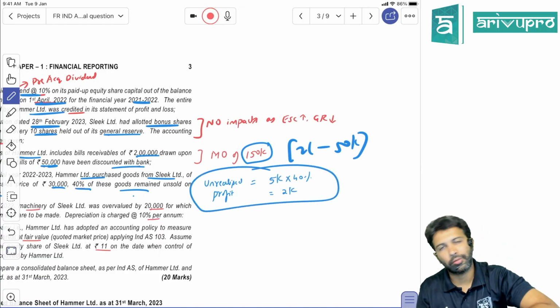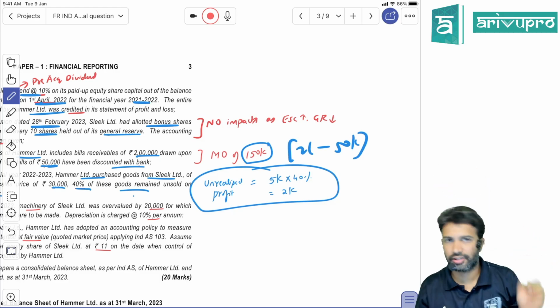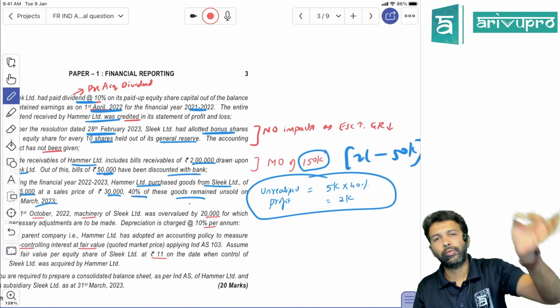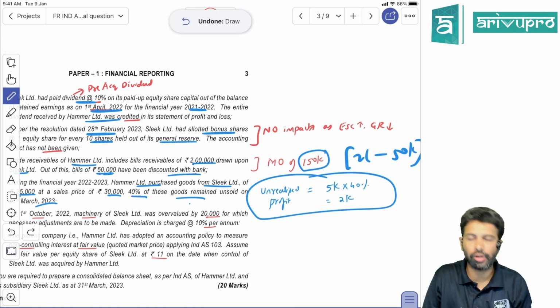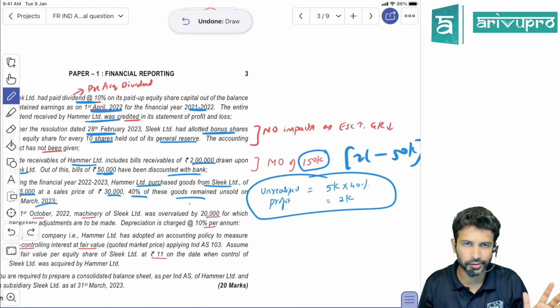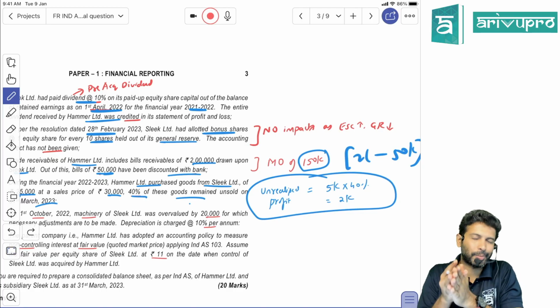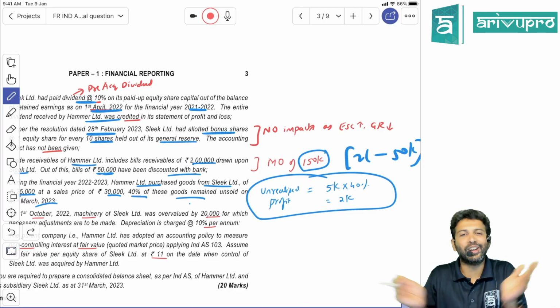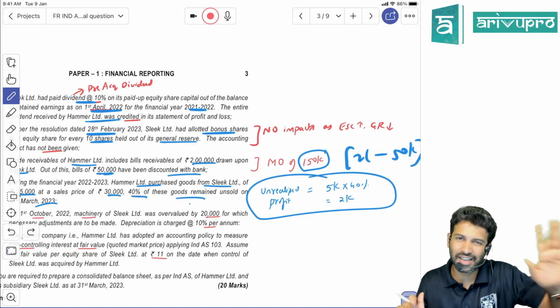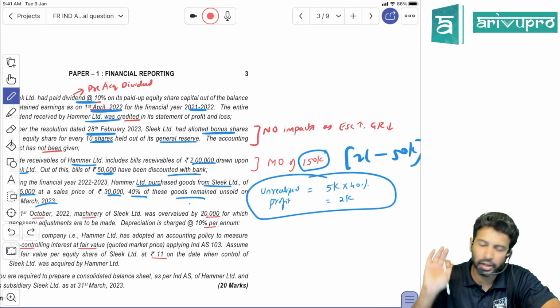The subsidiary made this profit during the year. So when you prepare the working note for the subsidiary company's post-acquisition reserve, this 2,000 you have to eliminate because it's unrealized profit. For consolidation purposes, you're treating parent and subsidiary as one. So if you show all this profit, it looks like you made a profit from yourself. Hence we call it unrealized profit, and here we need to eliminate it.